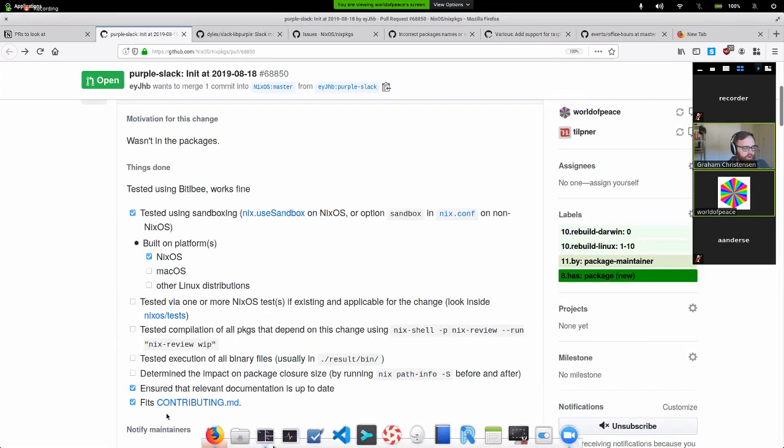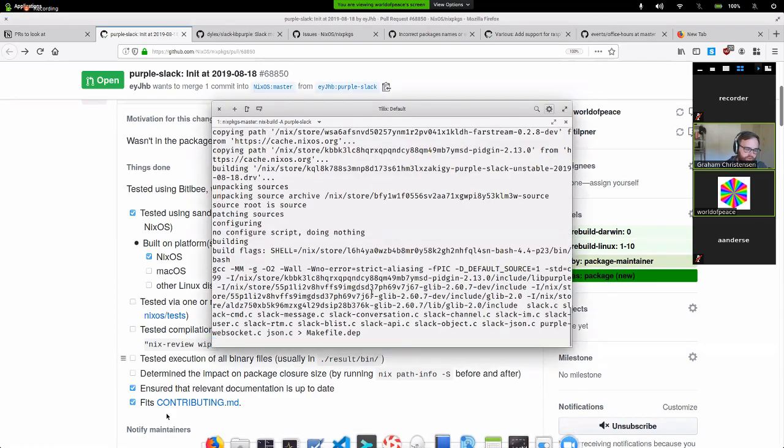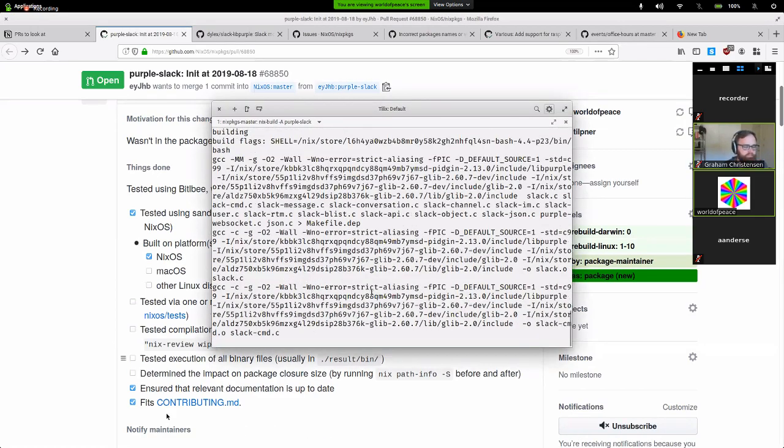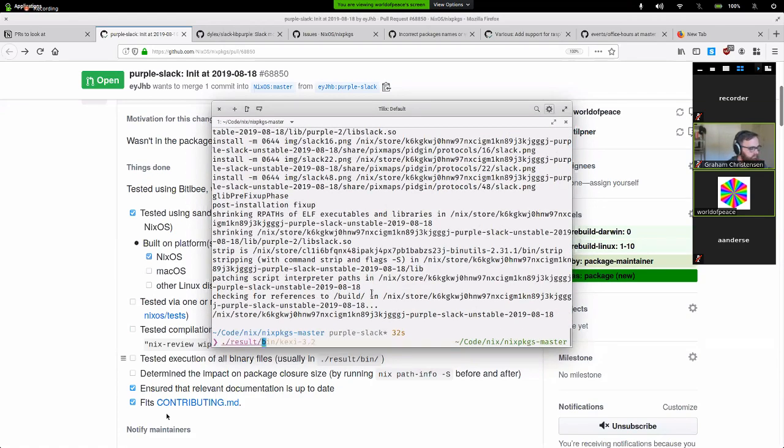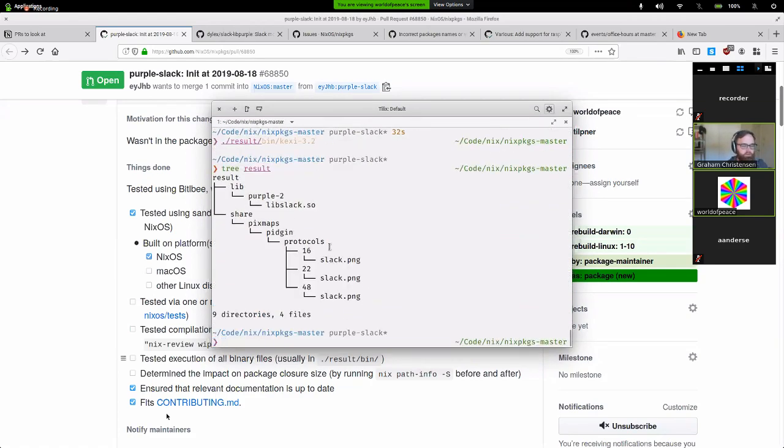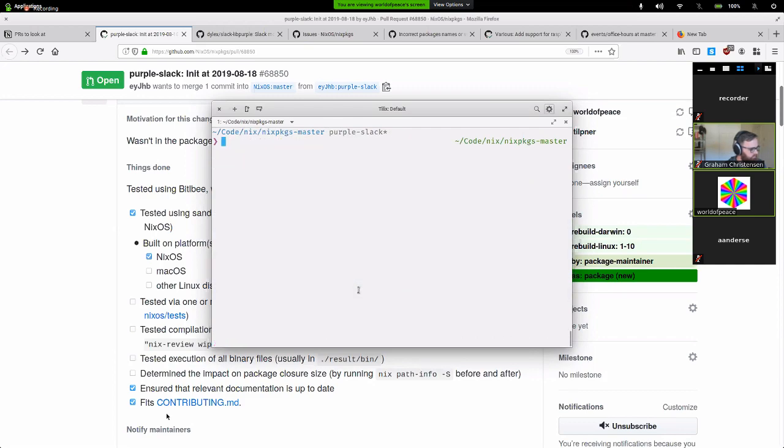Can you tell me why you build it locally instead of depending on the build farm to build it? Because it's convenient to me, and I also want to test execution, so I have to build it anyway. Cool, good to know. Well, it doesn't actually have executables, it's a library, so that was quite pointless. I usually use tree to inspect the output to see if everything's appropriate. This looks right. I'm not sure what the pixmaps are, but I'm sure they're fine.